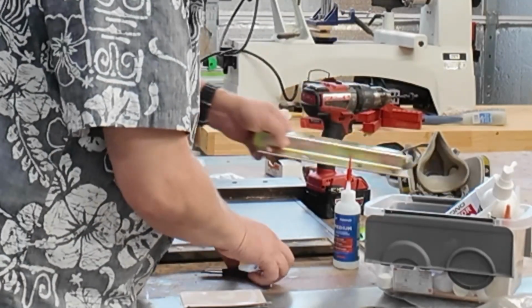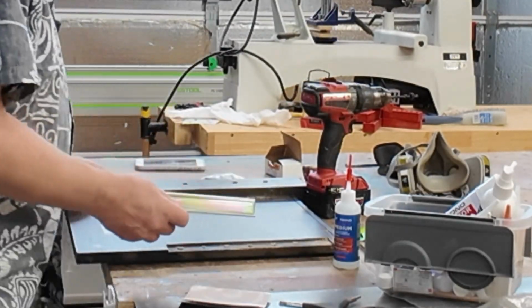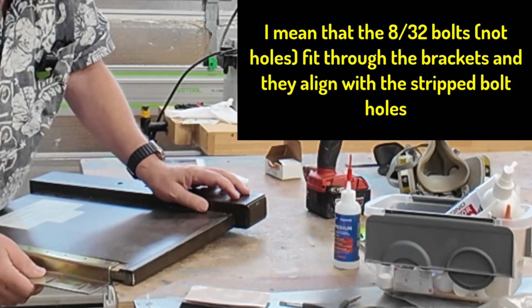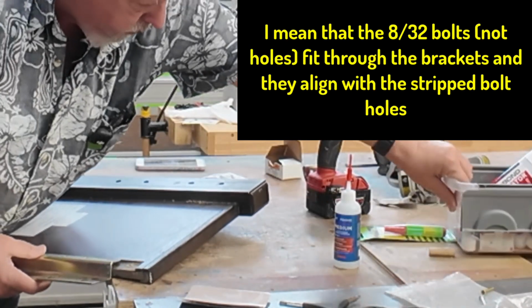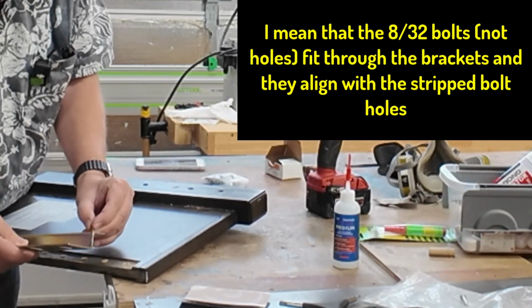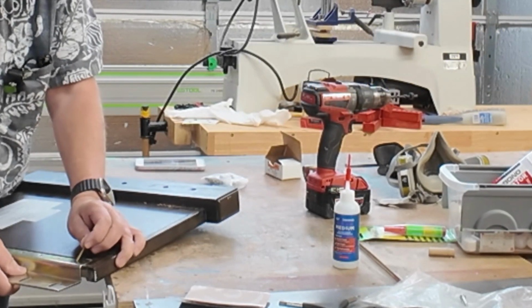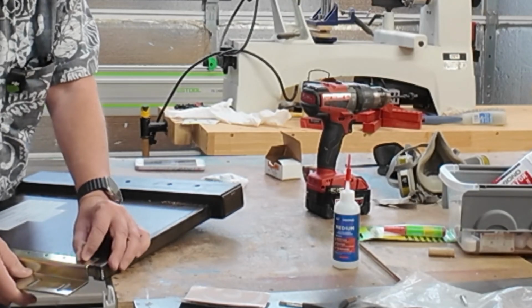And the other thing I want to do is make sure that when I put that in there, the 8-32 holes fit through there. I already did that once, but at least to demonstrate on camera, you want to make sure that the 8-32 holes fit through the bracket, and they do. And once they line up, then